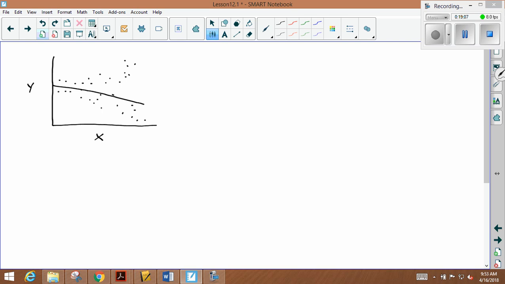As my x values increase, my variability in y is increasing. And so if we had a graph that looked like that, it would violate our conditions for inference. And likewise, if I had something,